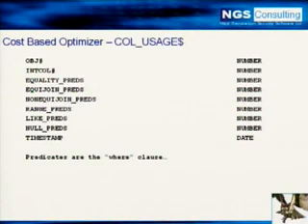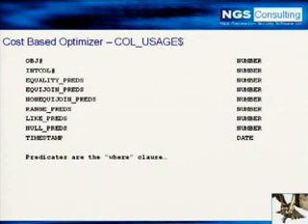If we describe the col_usage$ table, we can see that the first column is the object ID of the table upon which a select has been issued. The int_col is the column number that was selected, and so on.